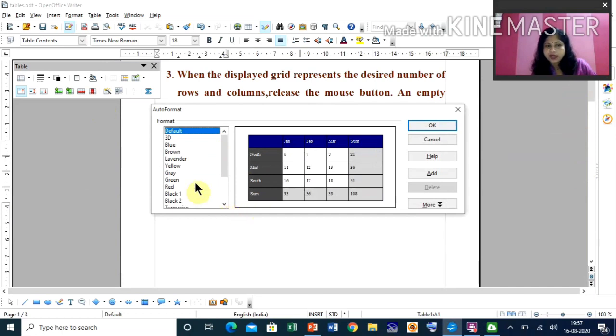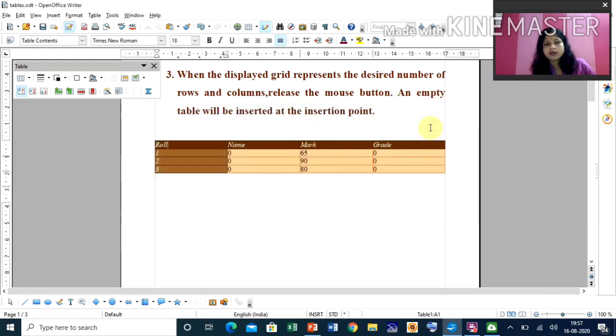This box will appear. You go for any choice of your format, of the different formats it is showing. So choose one for your table, then click on the OK button. Your table will be like this.